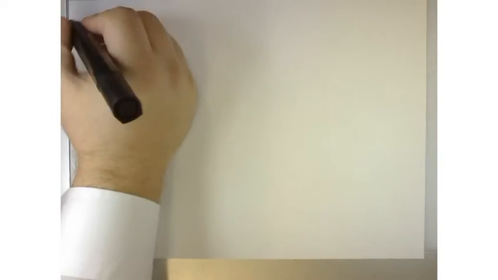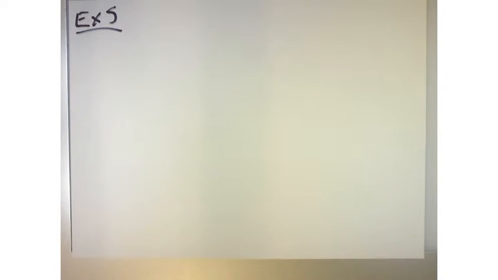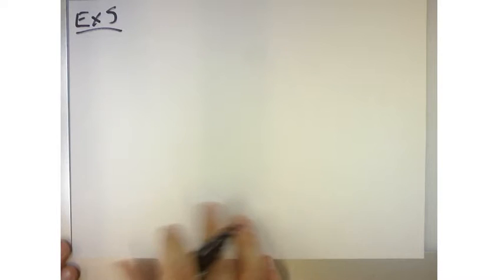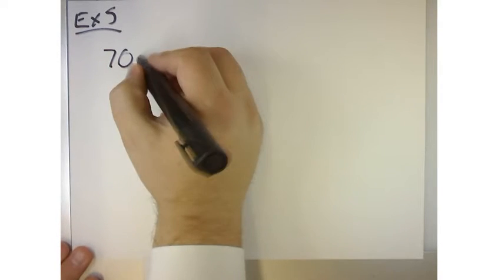Example number 5 says, this will be good for my physics students because you guys should kind of understand this. It talks about units and unit dimensions, or dimensional analysis. So it says, how many rotations does a 15-inch radius tire make per second on a sports vehicle traveling at 70 miles per hour? So we know that 70 miles